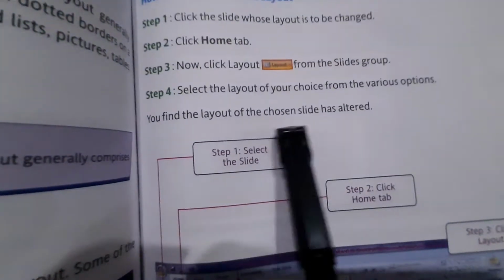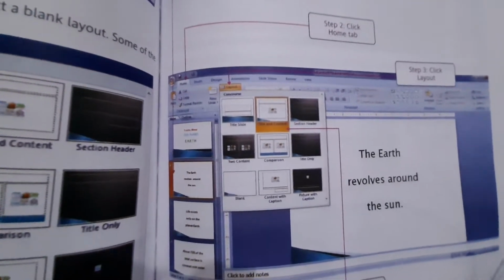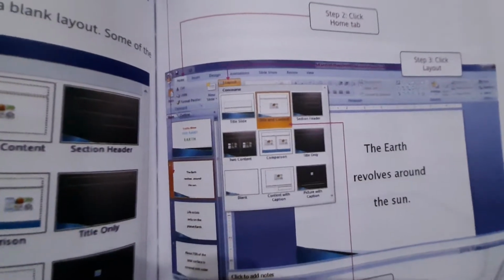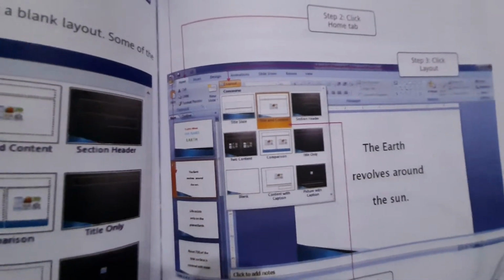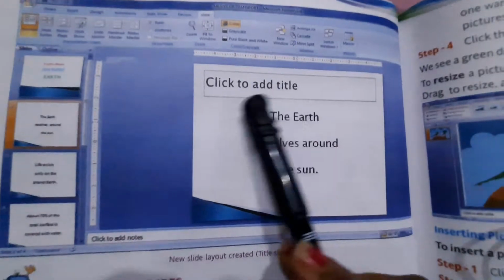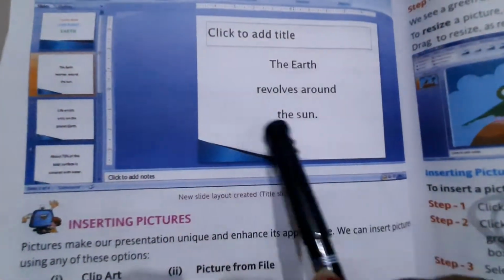You find the layout of the chosen slide has altered, means it has changed. When you want to change, you can do that, or for a new slide, if you want a new layout, you can also do that. This way you can see that a new slide layout is created here.